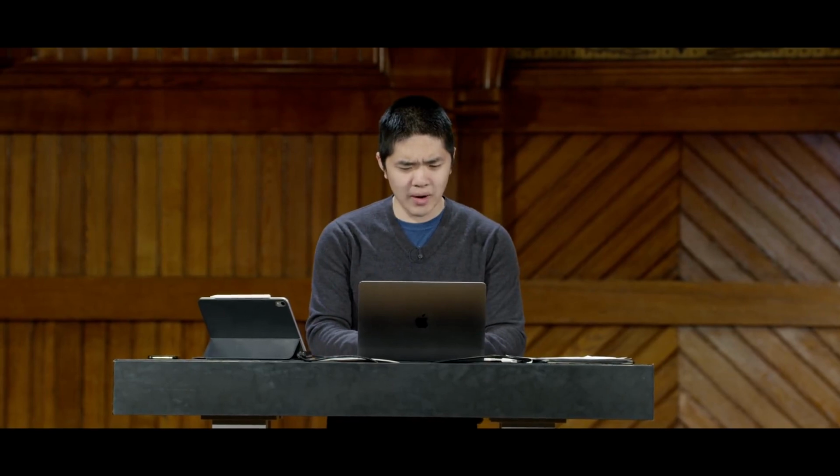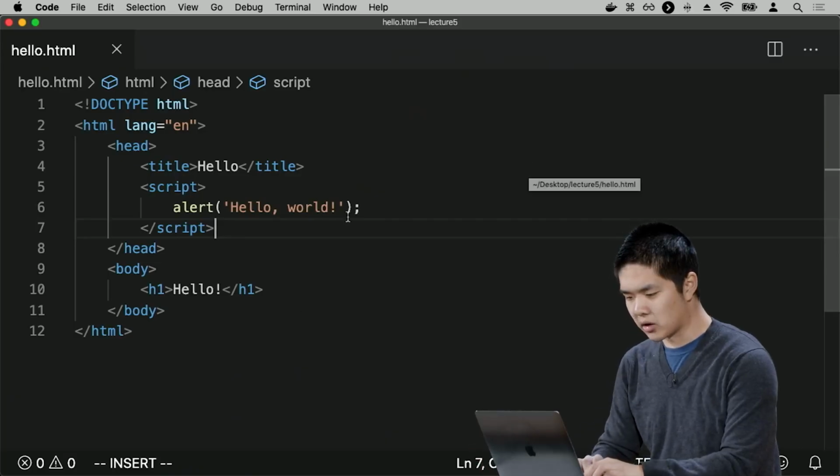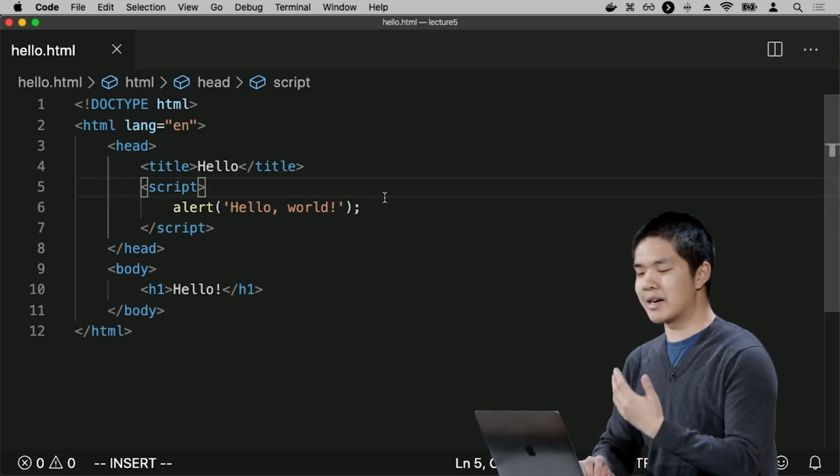And using that, we can begin to allow our JavaScript code to respond to how the user is actually interacting with our web page, to say, when the user clicks on a button, I would like to run this particular JavaScript function, for example. So let's go ahead and give that a try. Instead of just saying alert hello world, let me put this alert inside of a